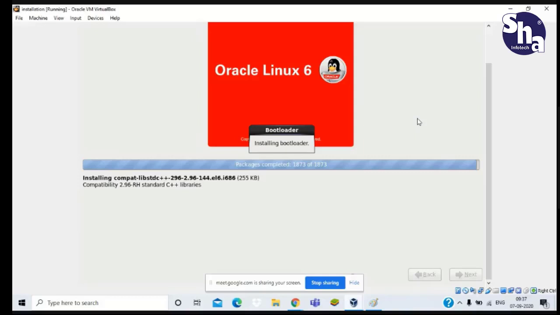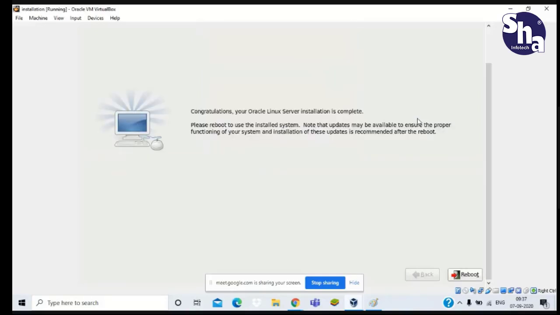First, we need to create the VirtualBox base. Then we need to install the OS, the Linux OS. Then the database software. First, you have to download VirtualBox and create a machine. Then you have to install Oracle Linux OS. Just these 3 things. Just remember 3 things.